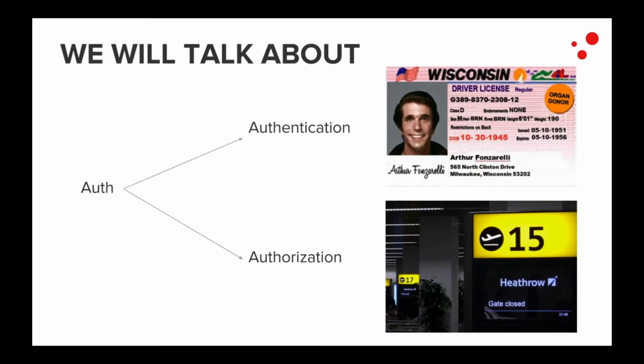After you go through the security control, you reach the gates, and that's where you can board the plane, or you can be unauthorized and someone will just let you know that you can't board the plane. So for instance, you're trying to board the wrong plane. Most likely the hostess or the steward will let you know that sorry, that's the wrong plane. It's not on your ticket, so you are unauthorized. Please go away and find another plane. If everything goes fine, you will be authorized to board the plane and go and try to find your seat.